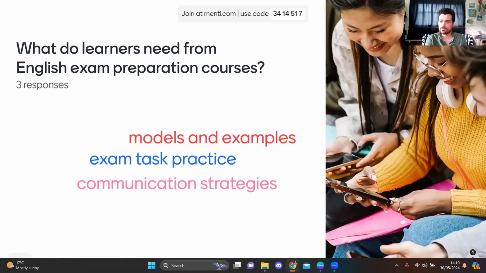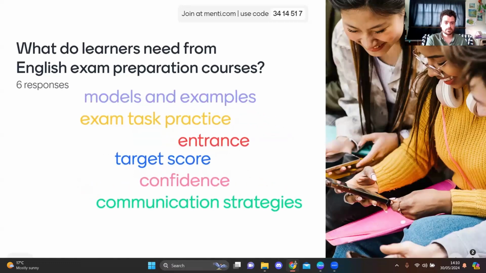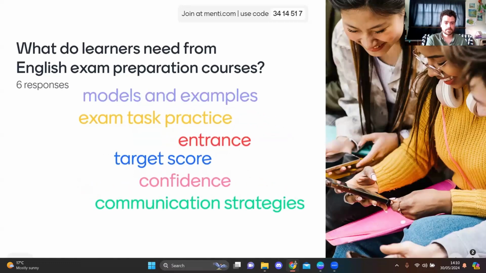Okay, we've got 3 great examples right away. Models and examples. I'm guessing we're thinking of models of the test, of test takers and how to do the test well. Yeah, good. Exam task practice, absolutely.